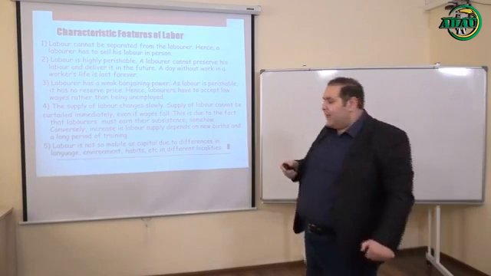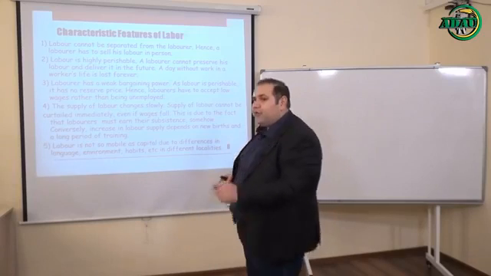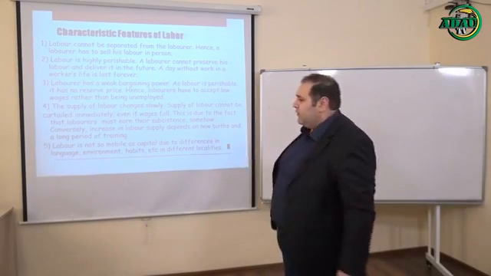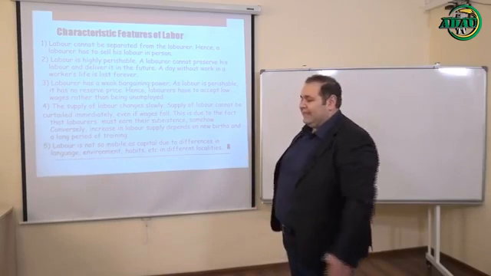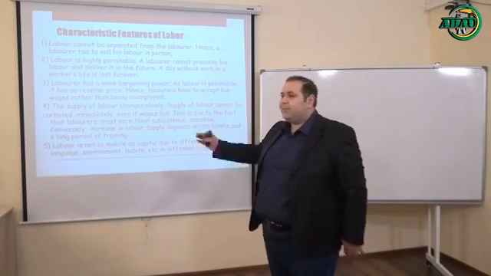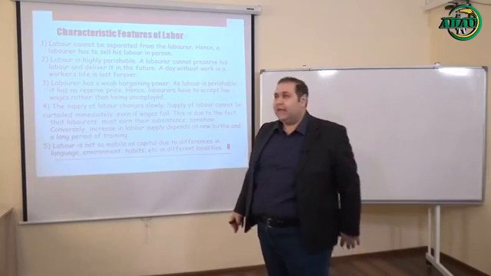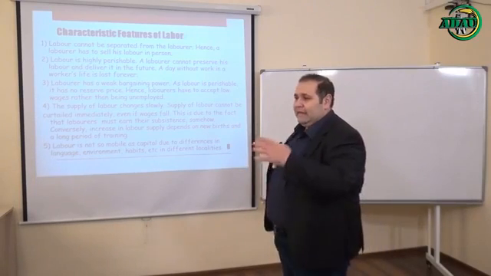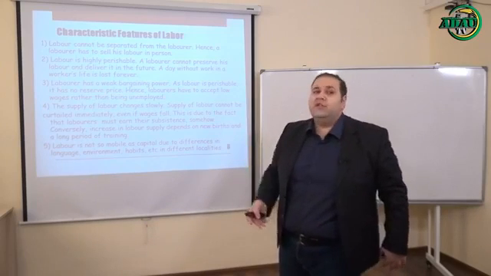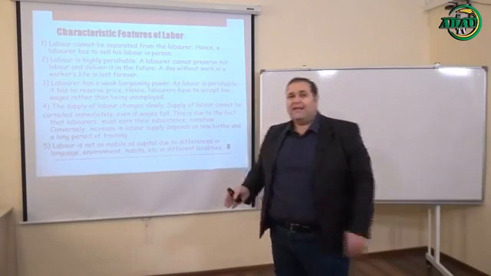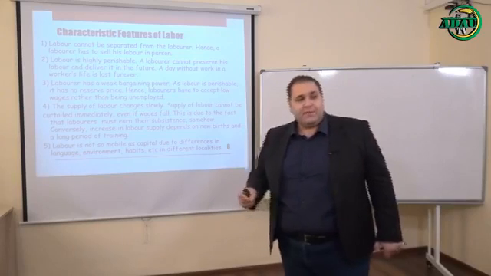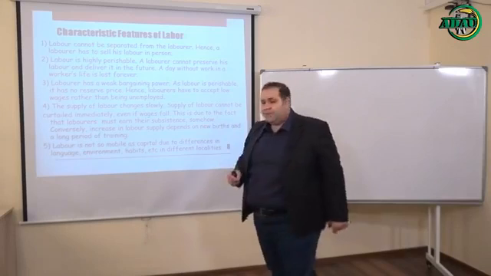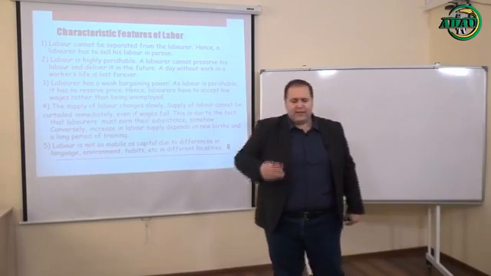The third one is a phrase: right man in the right place. You know what this means? The tomato producer doesn't know about the processing. The processing man is not dealing with the production sphere. So, right man in the right place. These are the main characteristics of the qualitative sides of the division of labor.